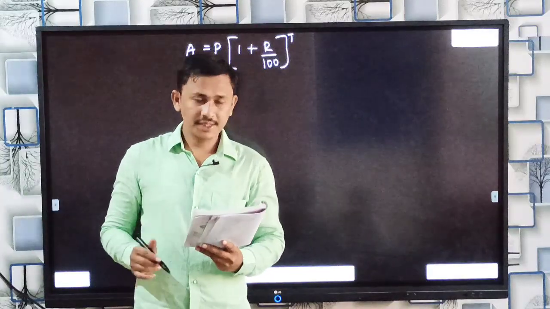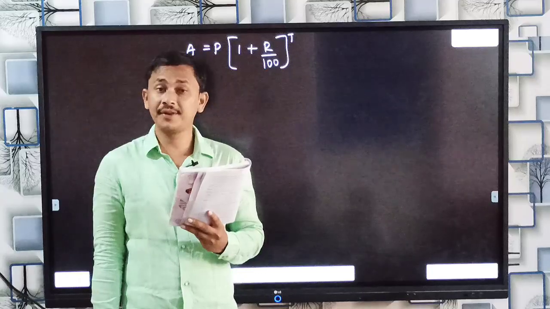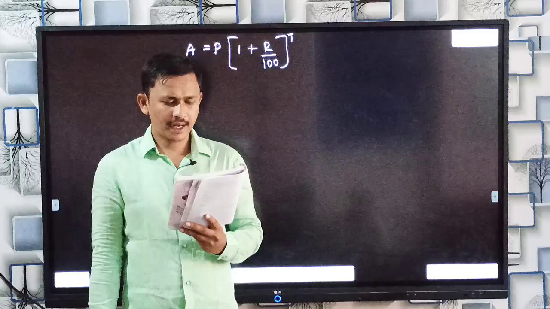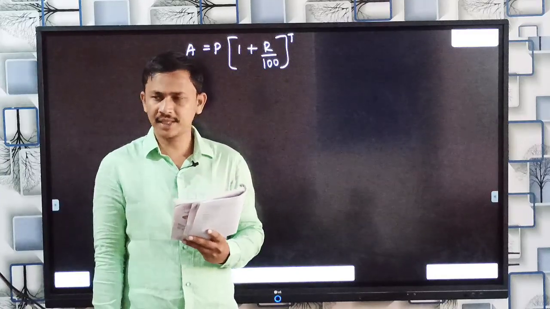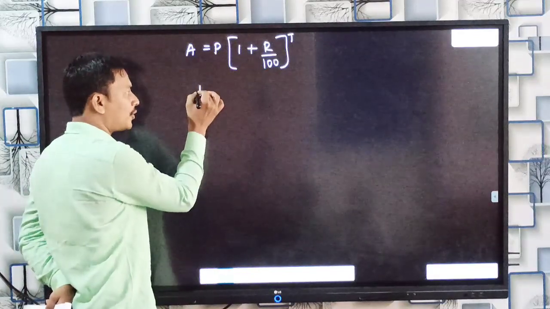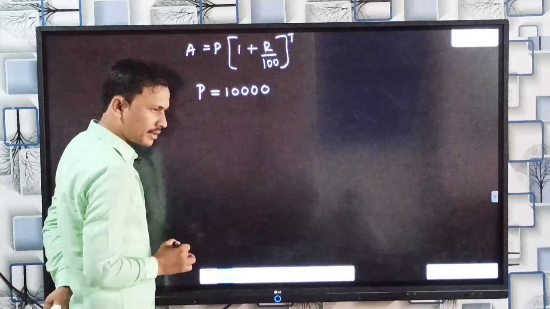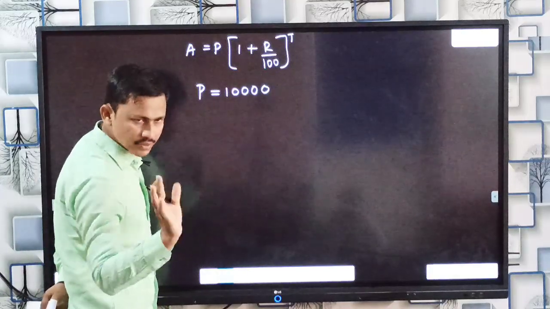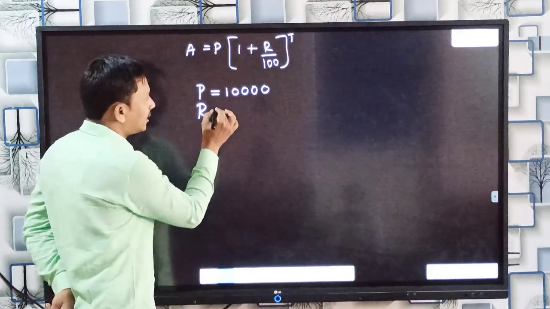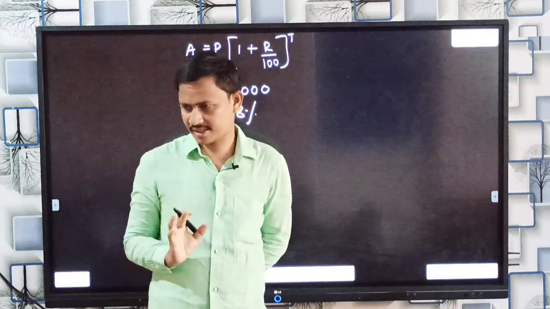What is the fourth question here? The amount of money in the account every year when 10,000 rupees is deposited at a compound interest of 8% per annum. Okay. A person deposited an amount, that is the principal amount of 10,000 rupees, in a bank. He deposited 10,000 rupees. Correct? The gambling here is the bank is giving 8% of interest.